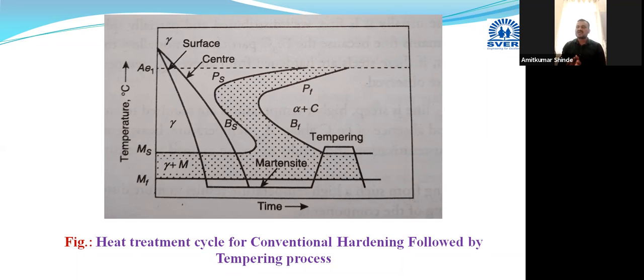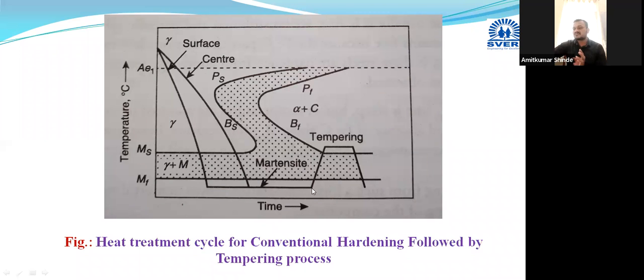Now, due to this conventional hardening, we will get martensite, and whichever martensite we have obtained will provide very high hardness, beyond our practical use. So now here we have to do the tempering of that martensite. It is required to do the tempering. Some reduction in hardness is done because this martensite will provide very high hardness.